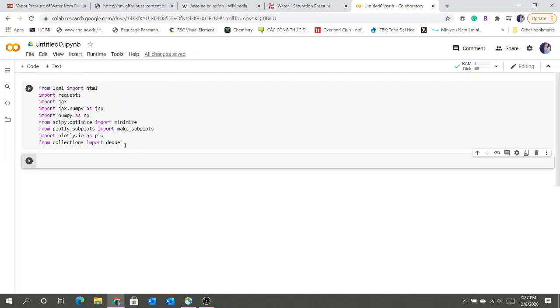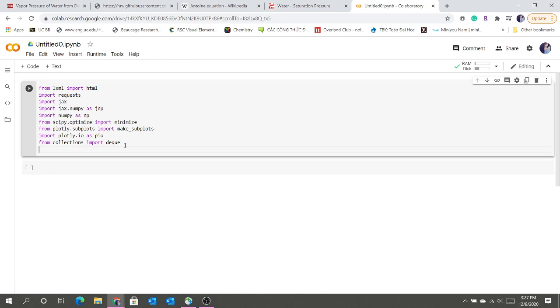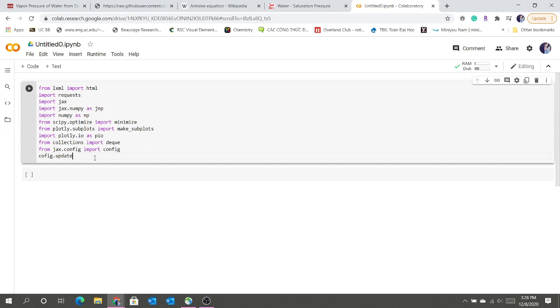And for this analysis, we want to increase the standard precision of Python. So from jax.config import config. I tried to go on to another line. And config.update, we're going to increase